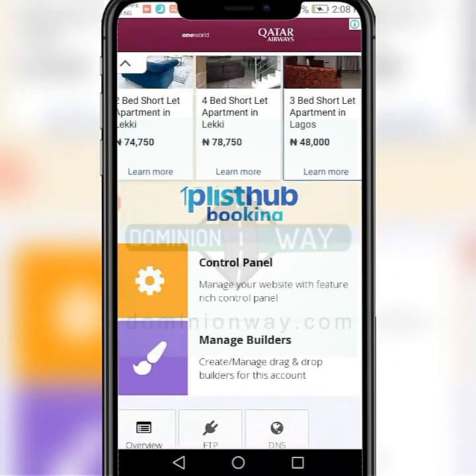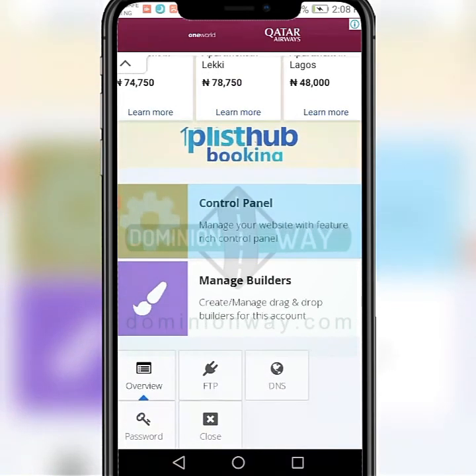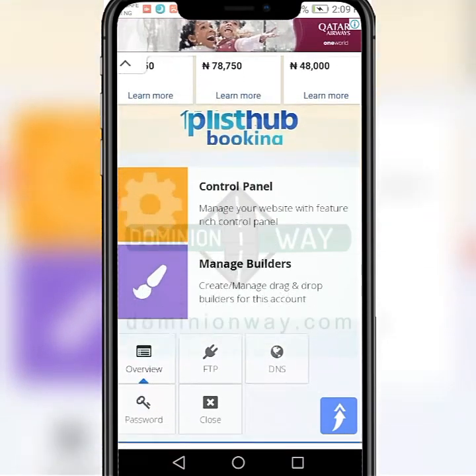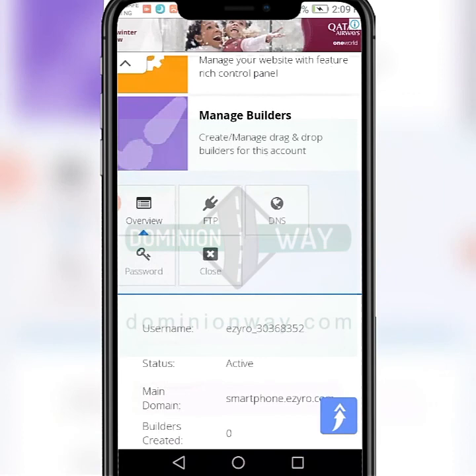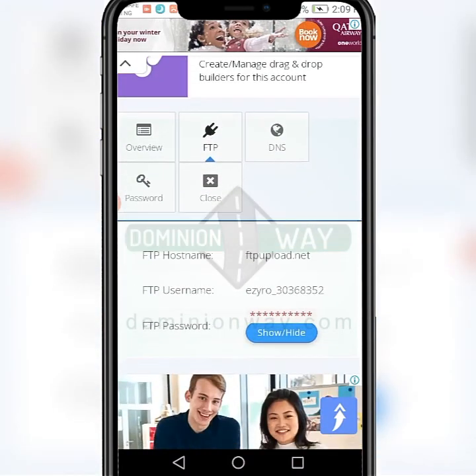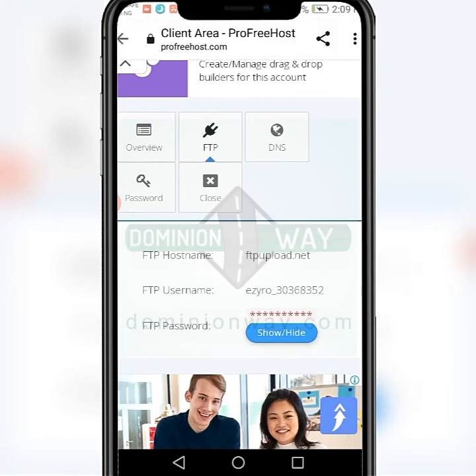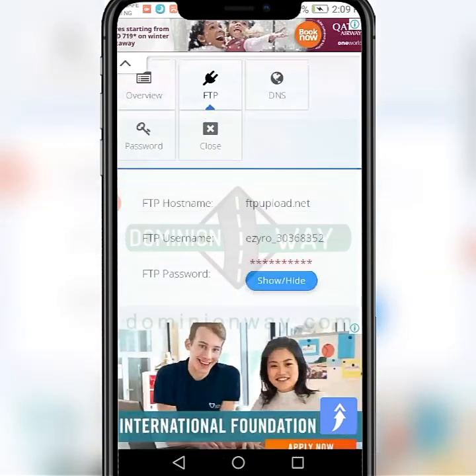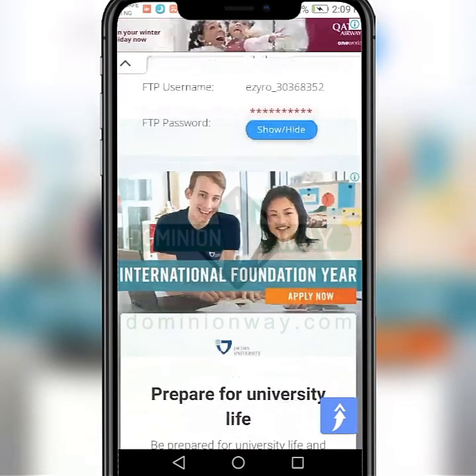You can see we have the control panel there, we have the manage builder. Remember I talked about FTP client, FTP also. Look at it, FTP, the file transfer protocol. So you can see the FTP details. Also we can see that in our ProFreeHost